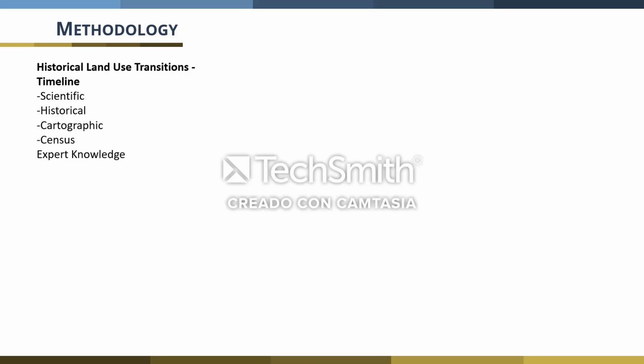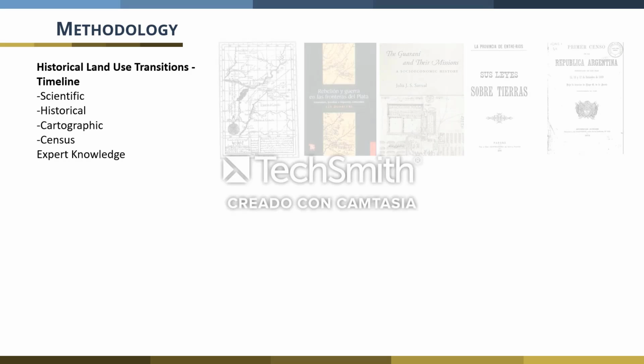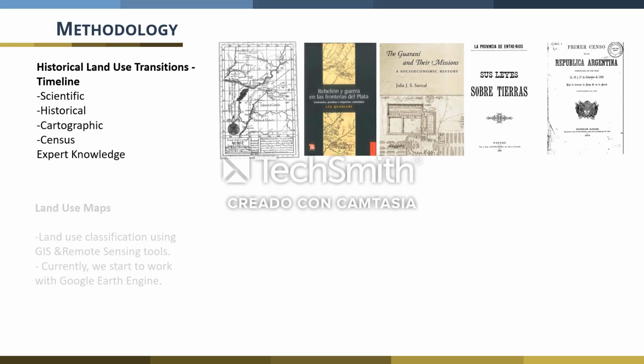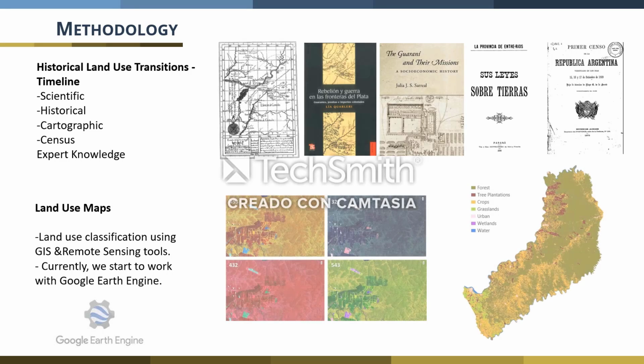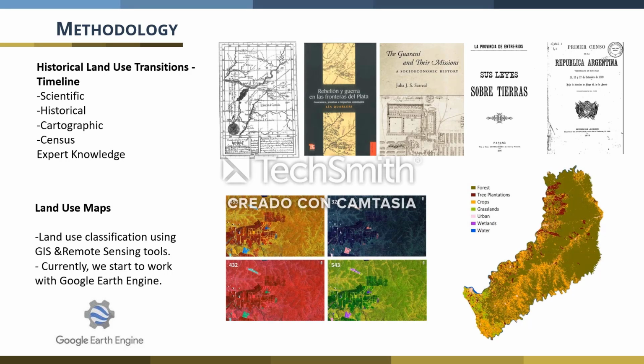We based it on scientific, historical, and cartographic sources, and we consider that the information from censuses was very important to our work, and obviously expert knowledge. We show some maps too, related to land use maps, and we use the classical methods to classify the Landsat images using GIS and remote sensing. But currently we have started working with Google Earth Engine, so this is a work in progress. So the next slide